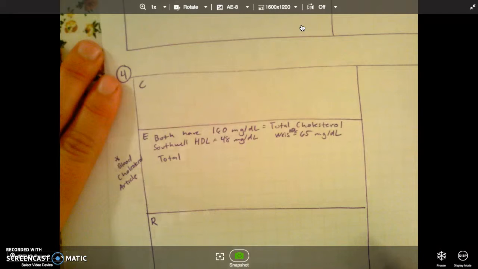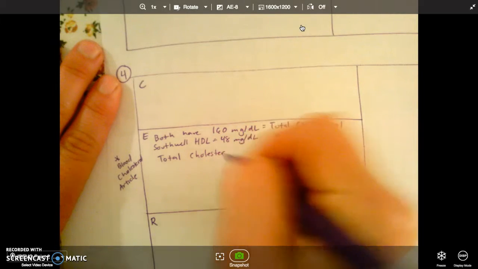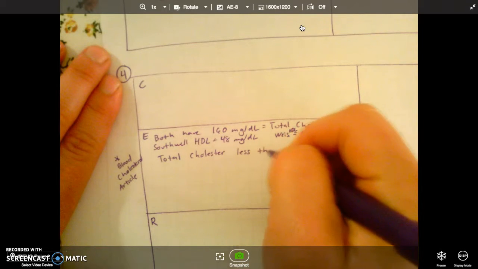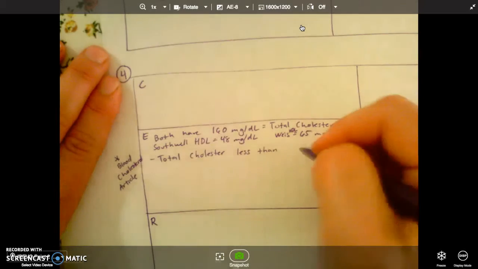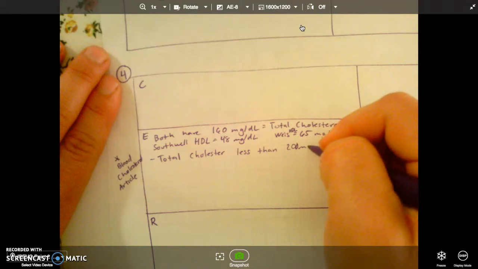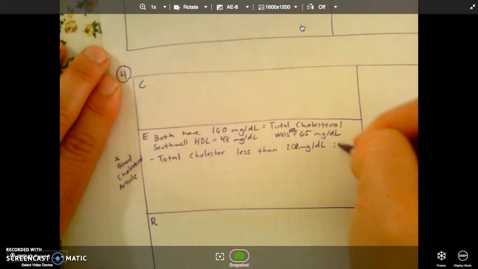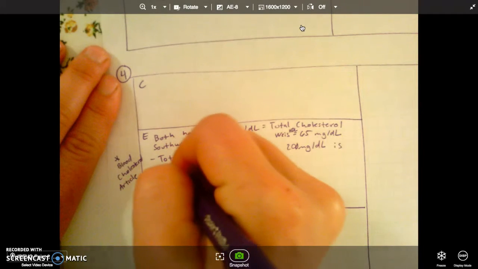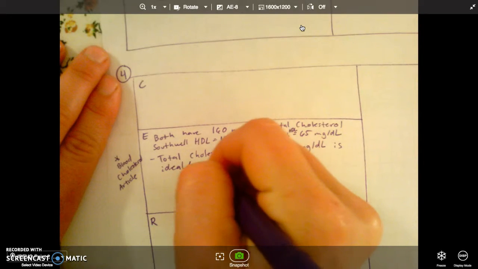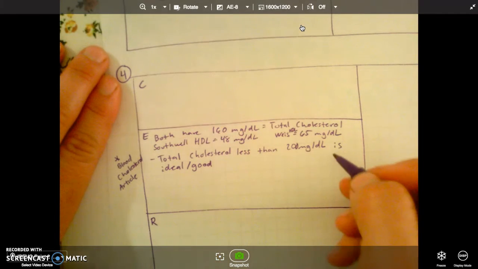Okay, blood cholesterol article. So total cholesterol that is less than 200 milligrams per deciliter is ideal or good. Okay, good. Better focus a little bit. So total cholesterol less than 200 milligrams per deciliter is considered